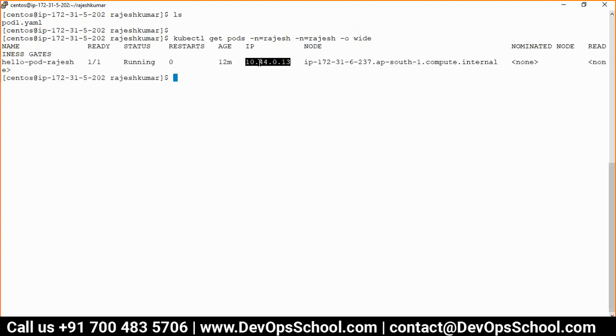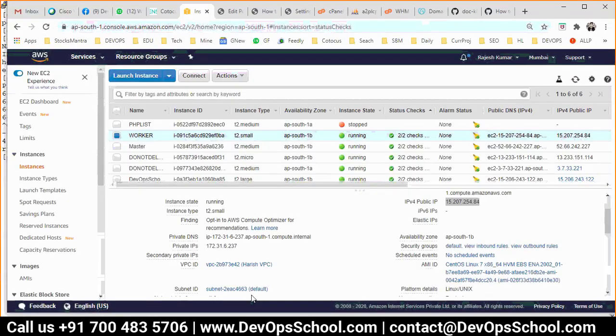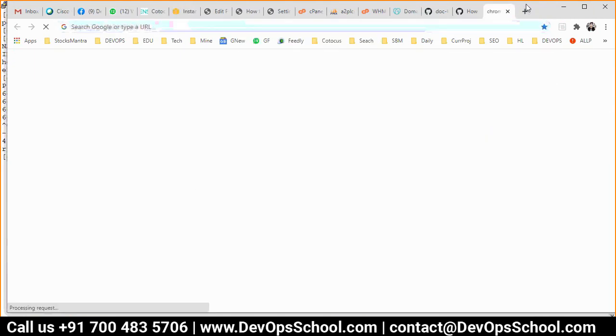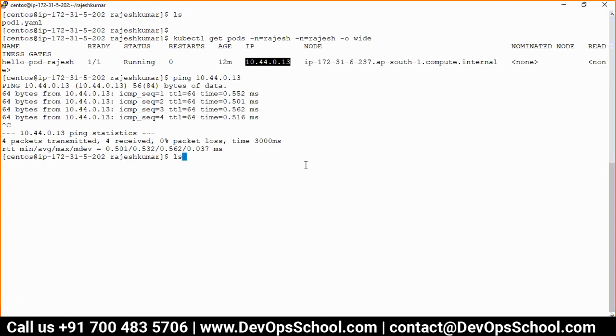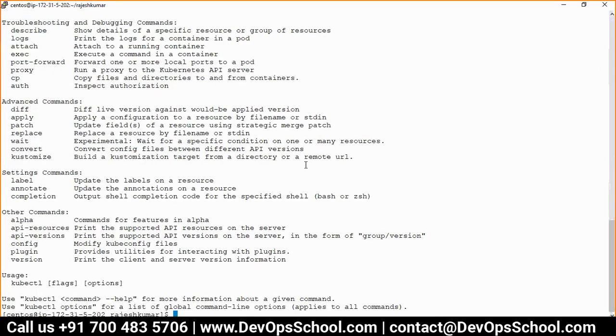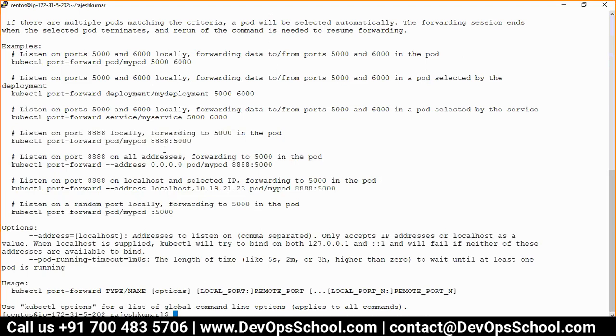So this is the IP address of the pod. Can I ping from here? Say, if I am inside a cluster, I can ping. Can I ping from outside of the cluster? See here. No. So what we do in this case, then you want to use this command, kubectl port-forward. Okay, so if you don't know the command, you can write like this -h. Now you see here they are forwarding the port.